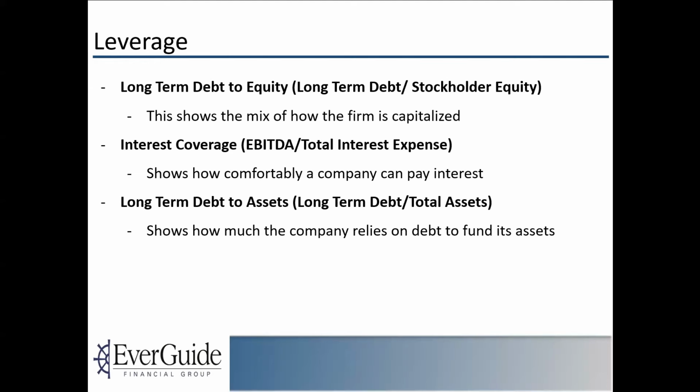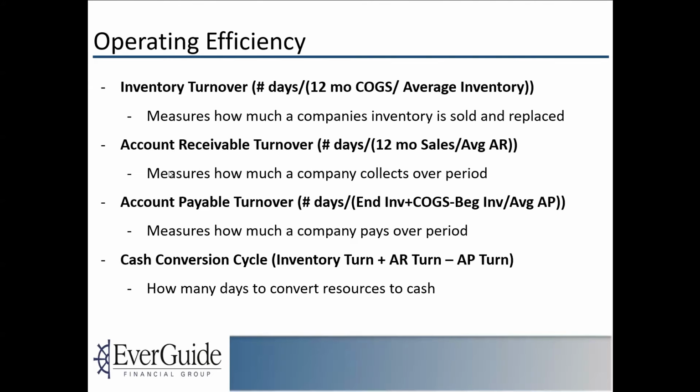And then this just, again, shows how much the company relies on debt to fund its assets. Some industries require a lot of debt and require a lot of assets, and other industries don't. So again, it's very important to look at how that compares across the industry. The next thing is operating efficiency. And these are just a few of these, but this is probably where you're going to want to spend the